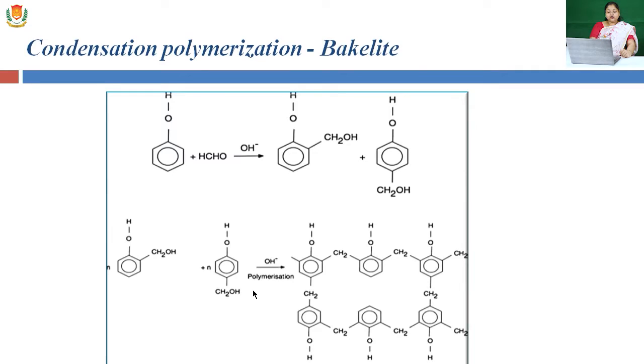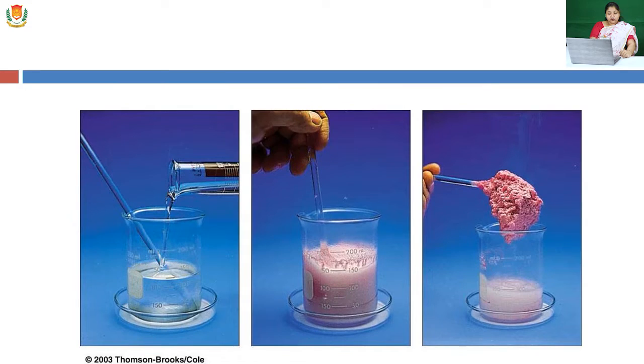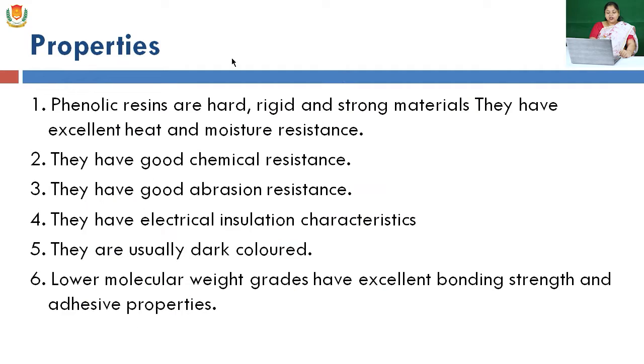Commercially, it is available in two forms, Novolac and Resol. This is the reaction mechanism. In this, phenol is reacted with aldehyde and forms a monomer or dimer, which is further converted, and during the polymerization it forms a cross-linked polymer, which is industrially and commercially beneficial to all. This is the diagrammatic structure. This pink stuff is bakelite. It is a solid.